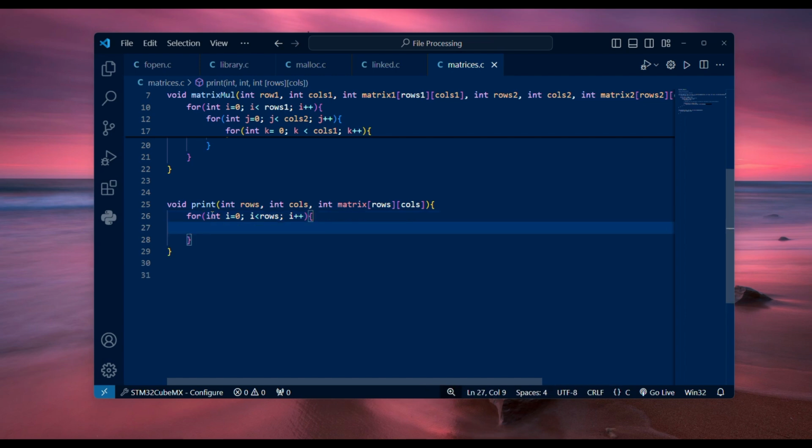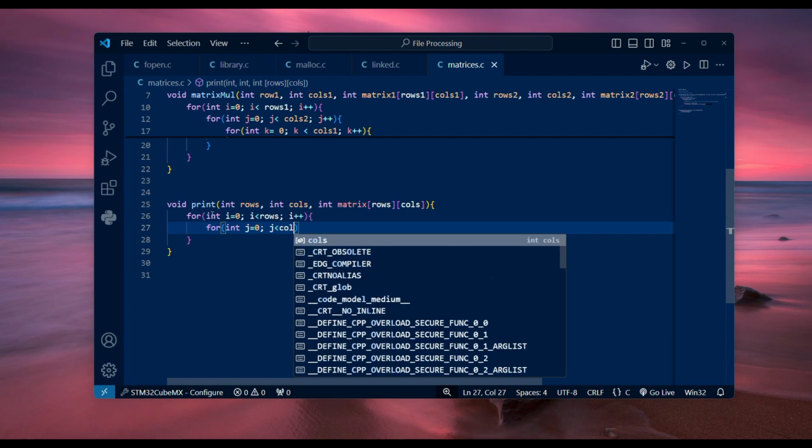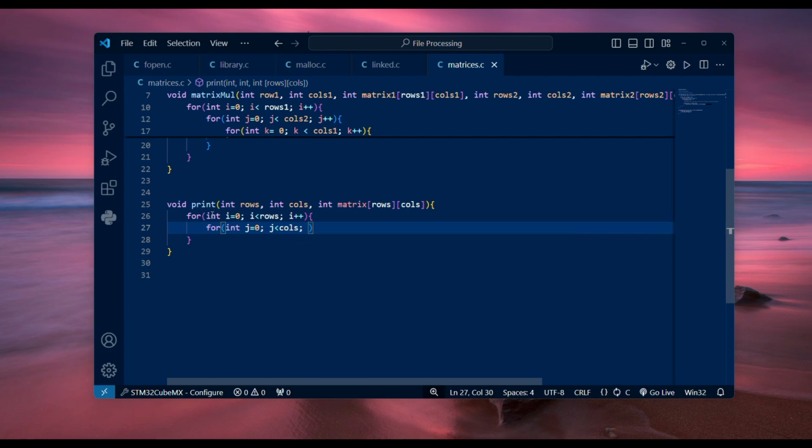Now I have to loop through each column of the matrix, so I'm going to use a for loop, and say int j is equal to 0, and j is less than the number of cols, and then I'm going to increment j, so j plus plus,